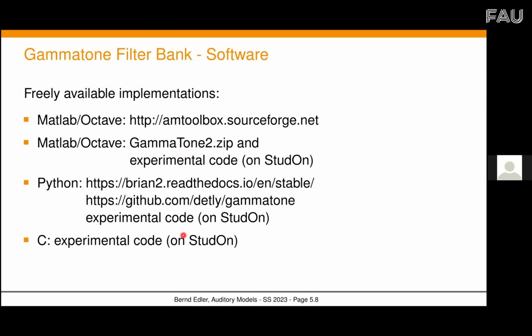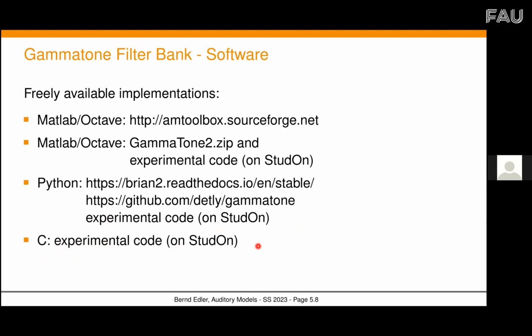Then you can find different Python implementations, and I think it's not yet on StudOn because I just made it newly this year, my own Python code for a gammatone filter bank implementation, which you can then freely use and experiment with. And which I already had in the years before is some C code for